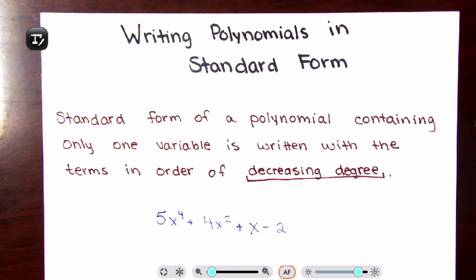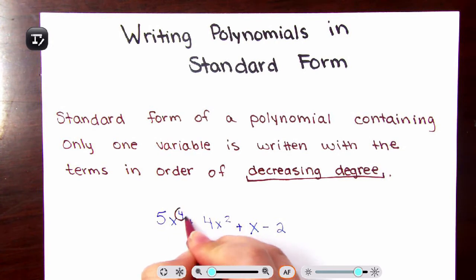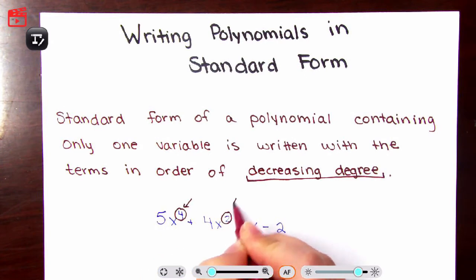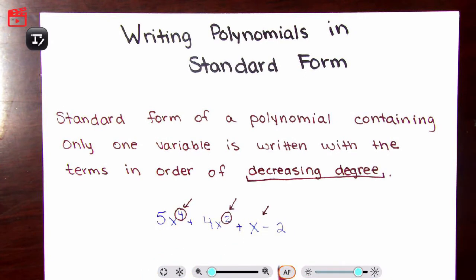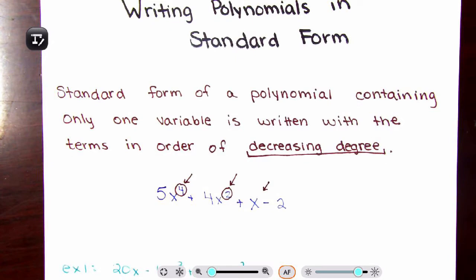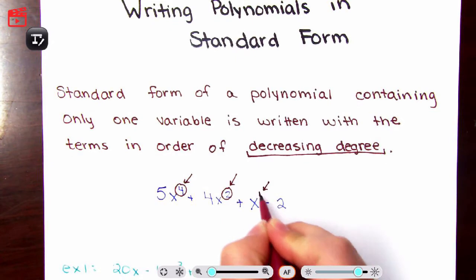Let's go ahead and start with writing polynomials in standard form. So standard form of a polynomial containing only one variable is written with the terms in the order of decreasing degree. So basically what we're looking at is the exponents, and we want the exponents to go down. If you do not see an exponent on a variable or a letter, that exponent is 1, and